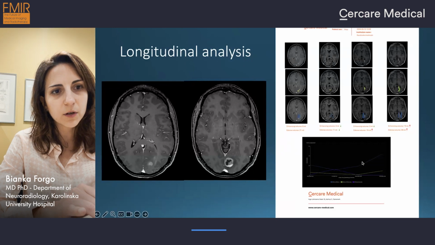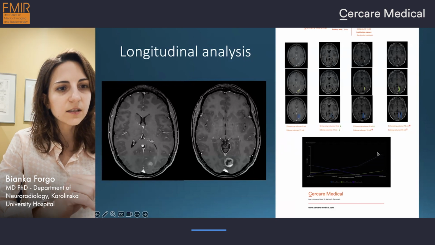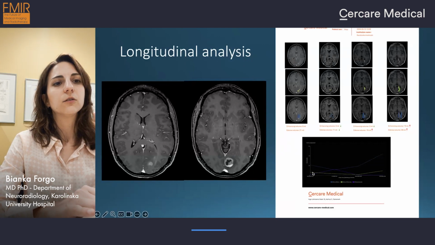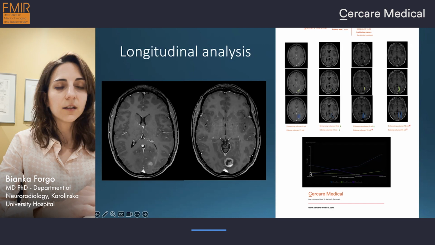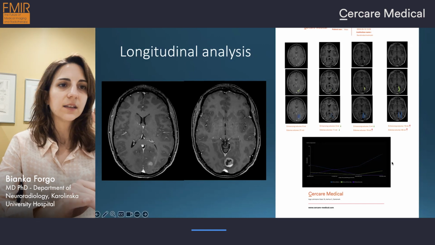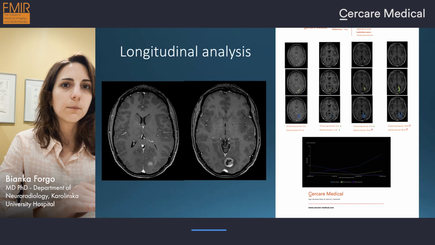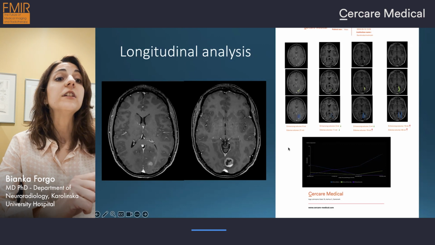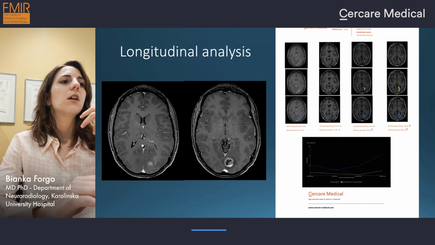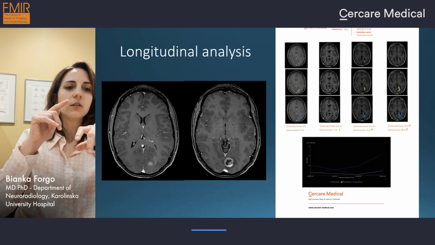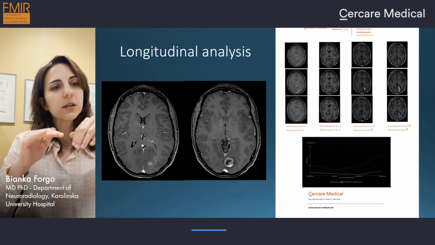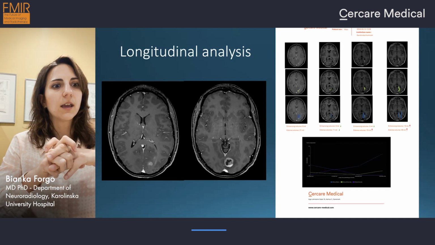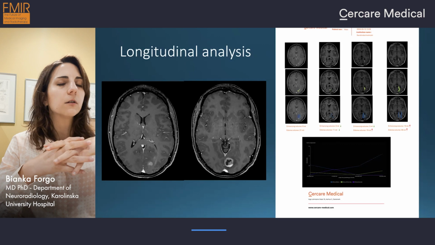So as you can see here in blue, we can see how the non-enhancing tumor is first decreasing and later increasing in this patient. And similarly, in green, we can see the enhancing tumor first slightly decreasing and then increasing. It's very important information for us, and it's a very nice way to visualize the tendencies, because when we just measure using linear measurements in 2D images, it's quite difficult to be precise, and sometimes it can be quite difficult to actually